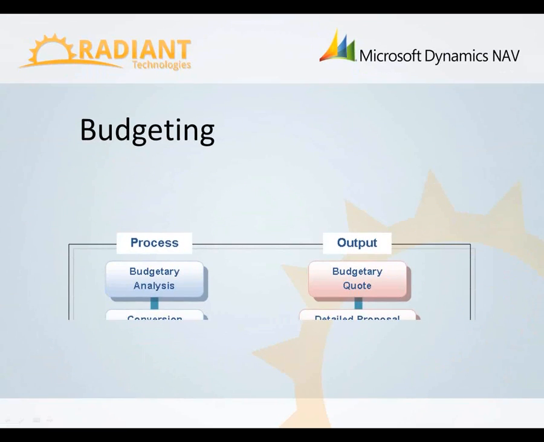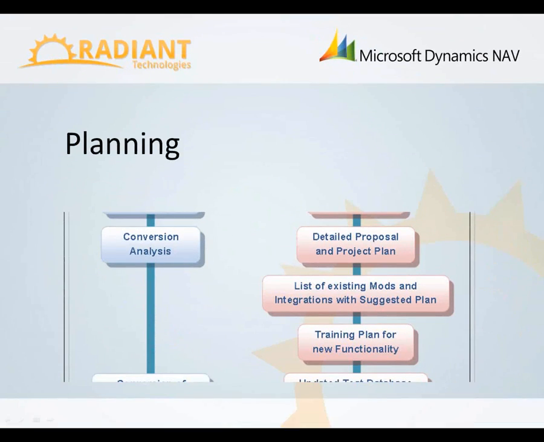We start out with a budgetary analysis. We would give you a budgetary quote just so you would know ballpark approximately how much the upgrade would be. After you say, hey, this is in my budget range, let's go, we can do a conversion analysis. The conversion analysis would include us taking a backup of your database, looking under the hood. And from that conversion analysis, you would get a detailed proposal and project plan that really lists out the steps